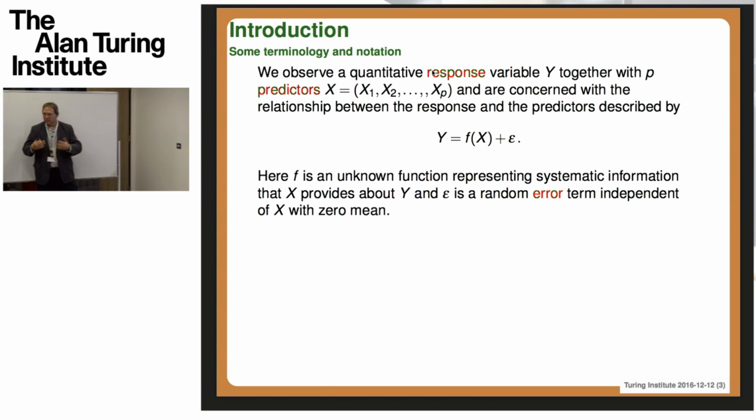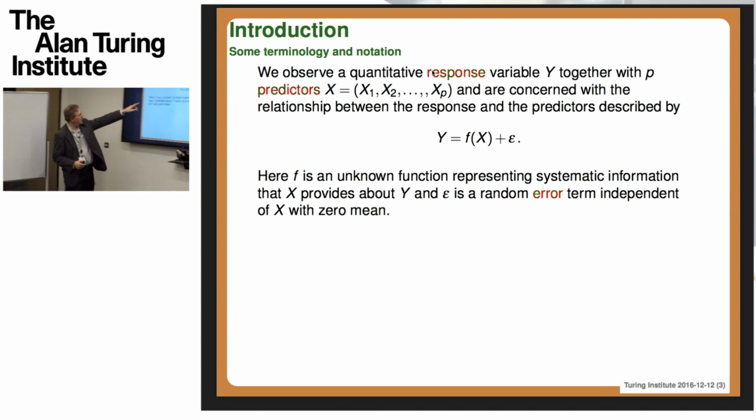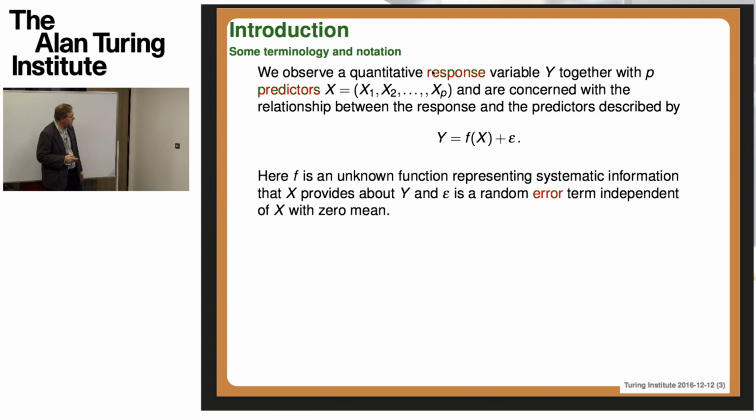But it's not going to be a complete, exact model. There's always some error associated with that, and the error term will be given by the expression epsilon. We'll assume minimally about epsilon at the moment: that the errors are independent across the different observations and that there should be a zero mean for that error term. If you didn't have a zero mean, then I think you'd sweep it into the function f.